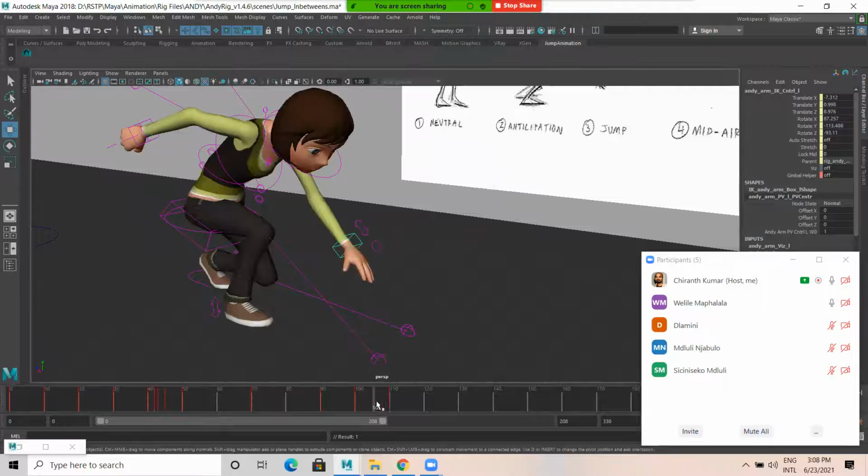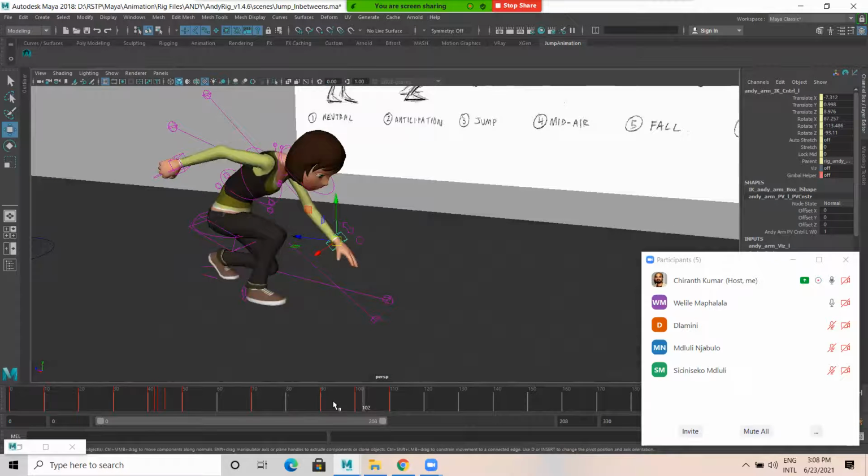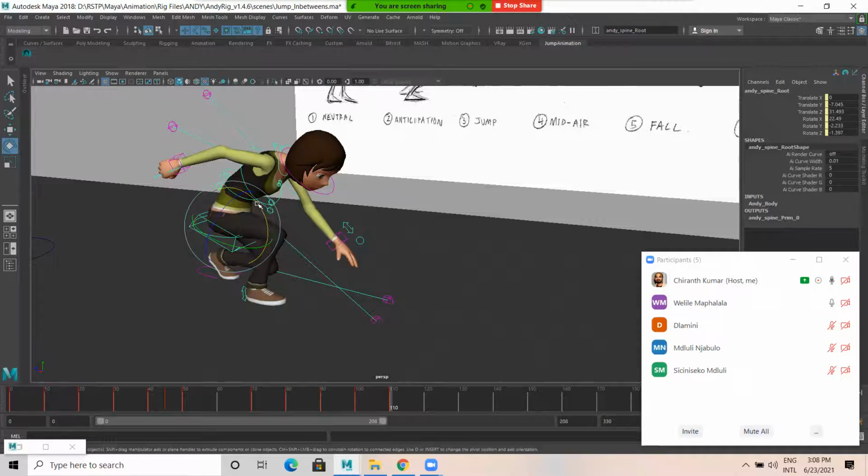Okay, it's great. So now at 100 and 110, she landed at 100, right? At 110 frame, there has to be a bit of movement. When we jump, let's say you stand on a chair and you jump, what happens while settling?